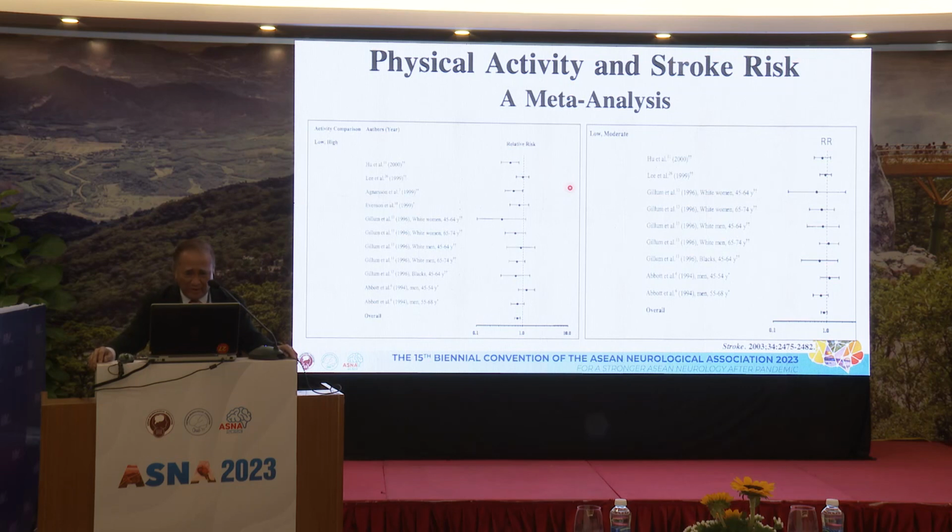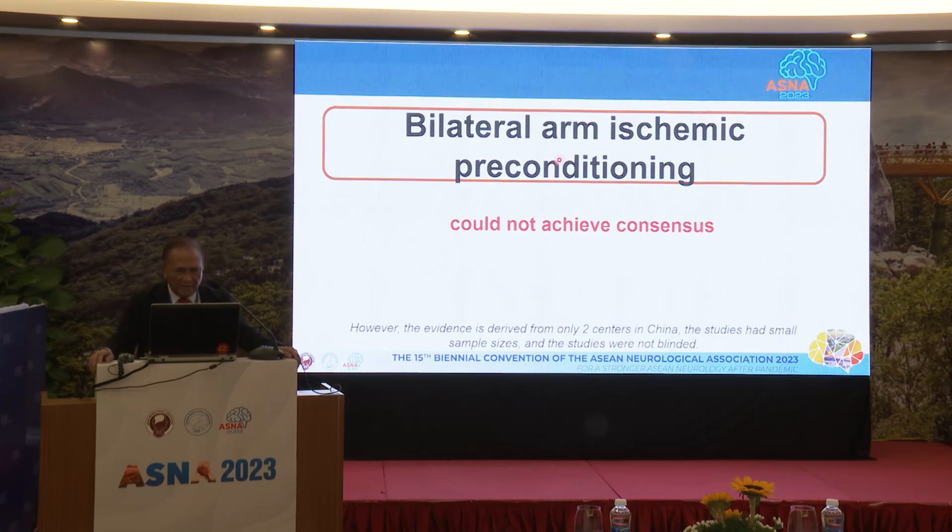So in this forest plot again, you will see the effect of physical activity in trying to reduce the stroke risk. The relative risk reduction has shown that it is protective amongst patients with intracranial stenosis. Okay, the last is the bilateral